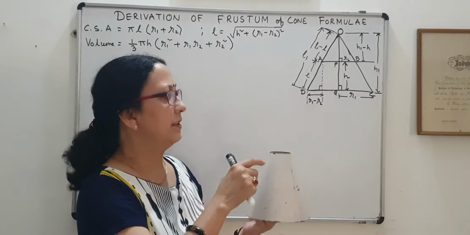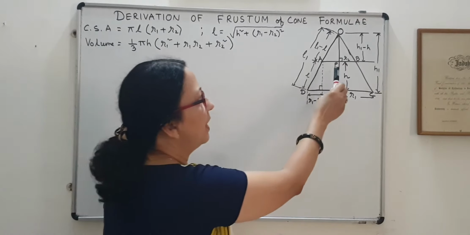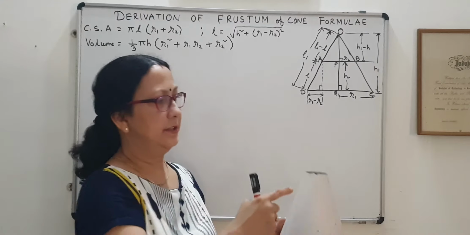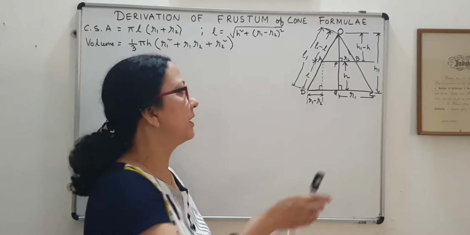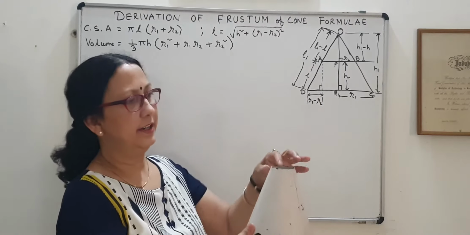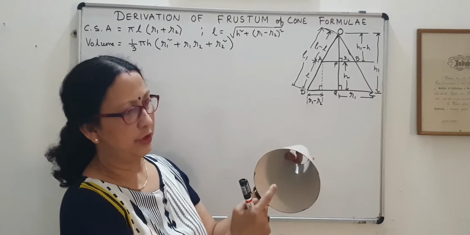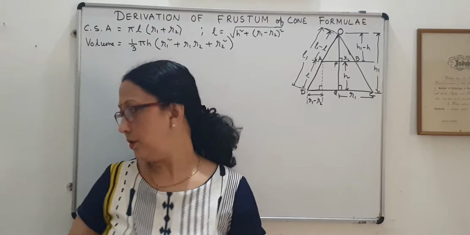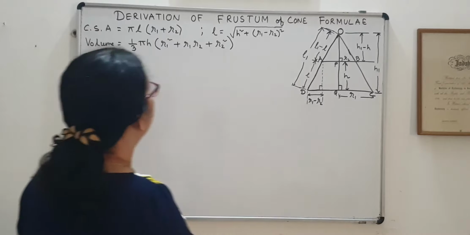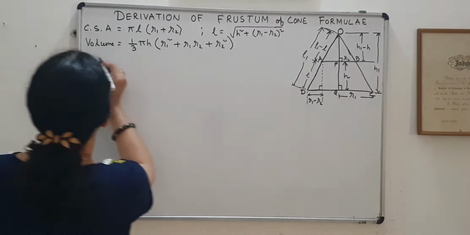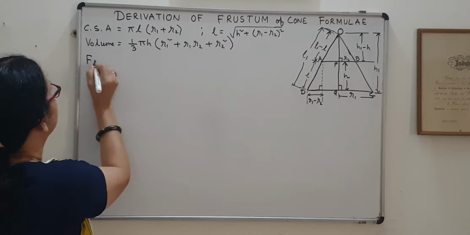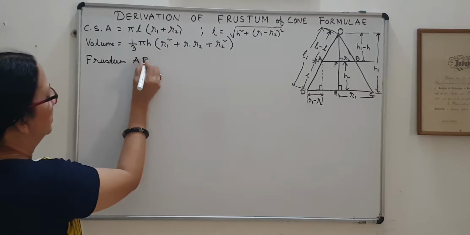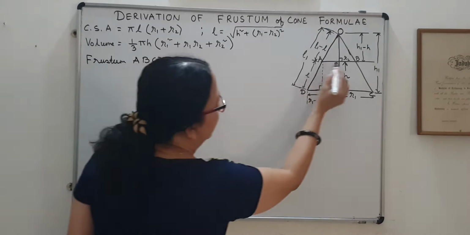Then I have taken the radius of this top circle to be R2 and radius of the bottom circle R1. And this slant height of the frustum I have taken to be L, and the vertical height, that is the line joining the centers of the bottom circle and the top circle, is H. So the dimensions of the frustum, so what is the frustum? Frustum is ABCD, ABCD is left